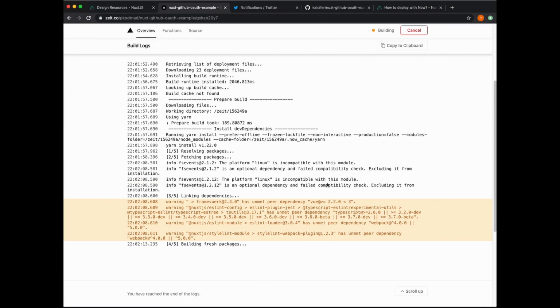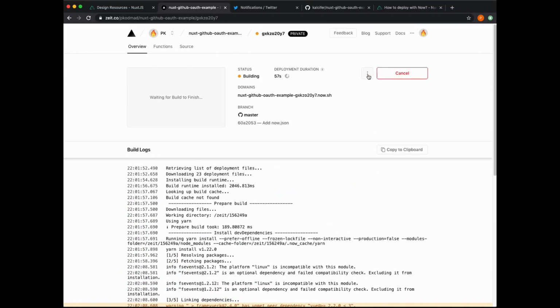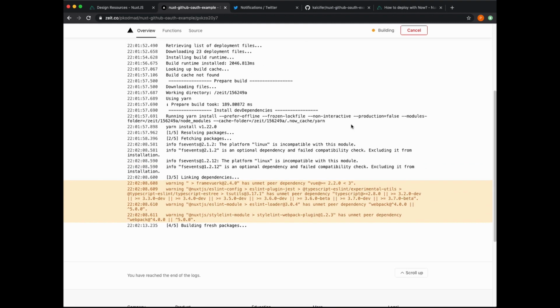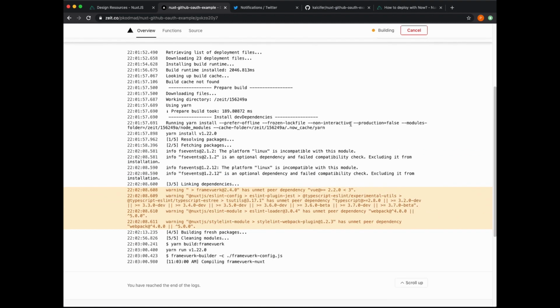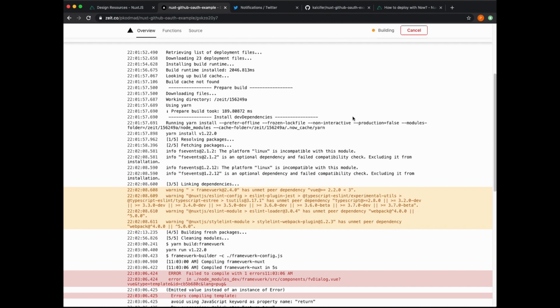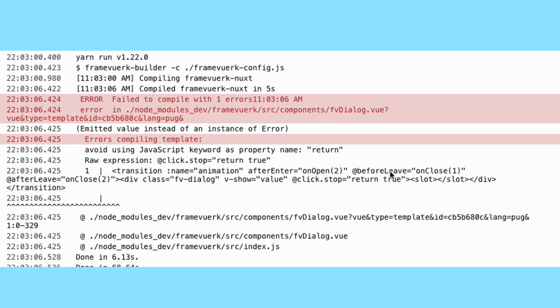But this somehow failed to deploy on the Zeit platform. It was working fine on my local, but it wouldn't deploy at all. When I went and checked the logs, I did not understand. Some C files were failing and the CSS and all of that, so this was too much. I saw that it was related to Framework, so I just scrapped the existing Nuxt app, created a new one, did not choose any design system, and that deployed fine onto now.sh.